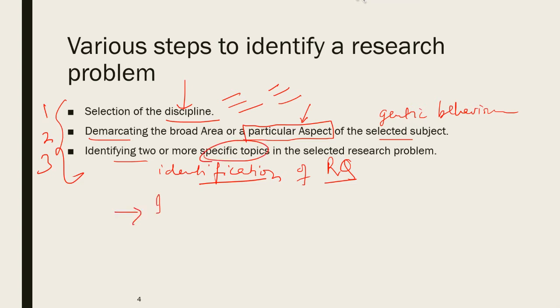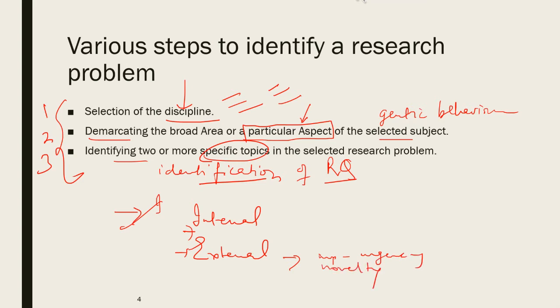There are certain criteria on the basis of which the researcher selects the research problem. These criteria could be either internal or external. Internal means his interest, his competence, available resources with respect to his time, with respect to his finances. And external criteria can include researchability of the problem, its importance and urgency, novelty of the problem, feasibility, facilities, usefulness, social relevance, right? So all these will come in the external criteria. I'll repeat one more time.